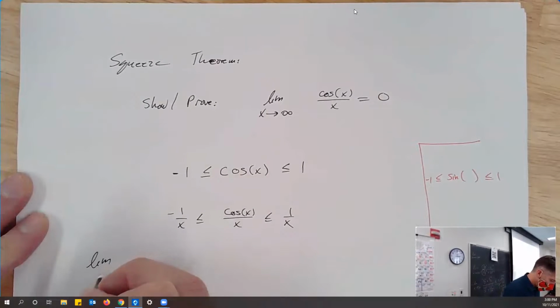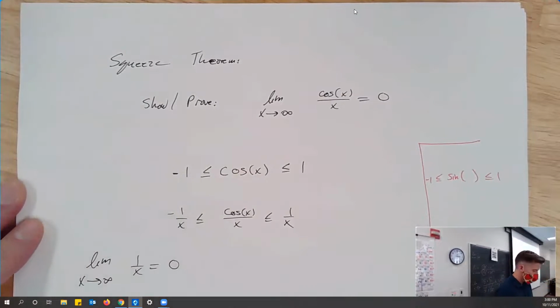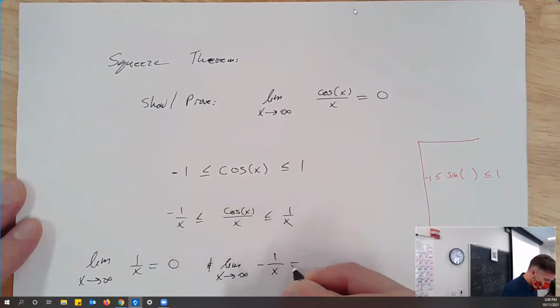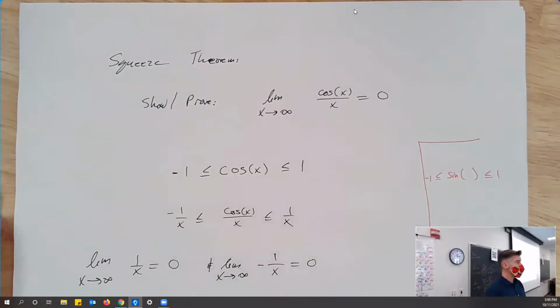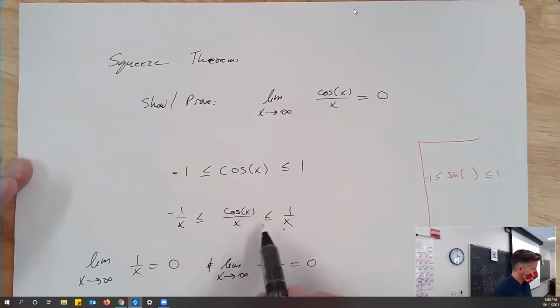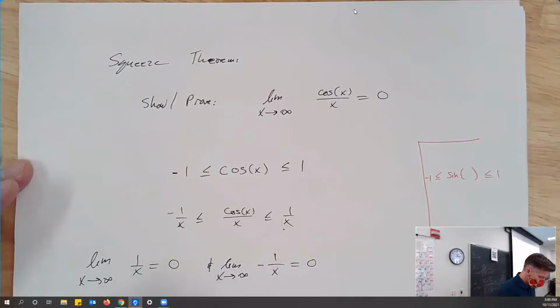You take the limit as x goes to infinity of 1 over x, you definitely get 0. And you take the limit as x goes to infinity of -1 over x, you also get 0. Because the denominator is getting very large, the fraction is getting very small. And then since the limit of this is 0 and the limit of this is 0, this is stuck between them. So we can say by the squeeze theorem,